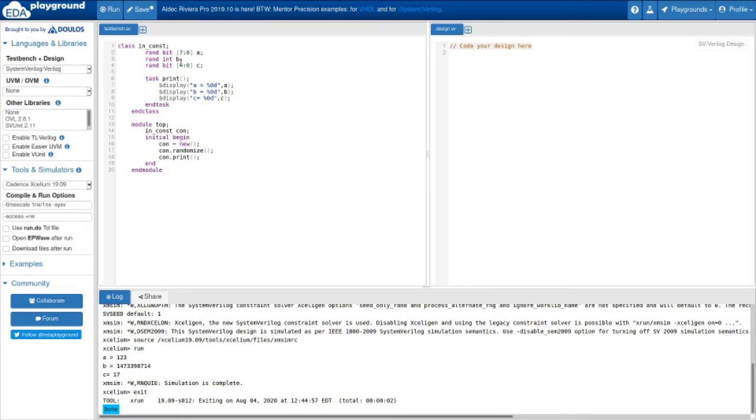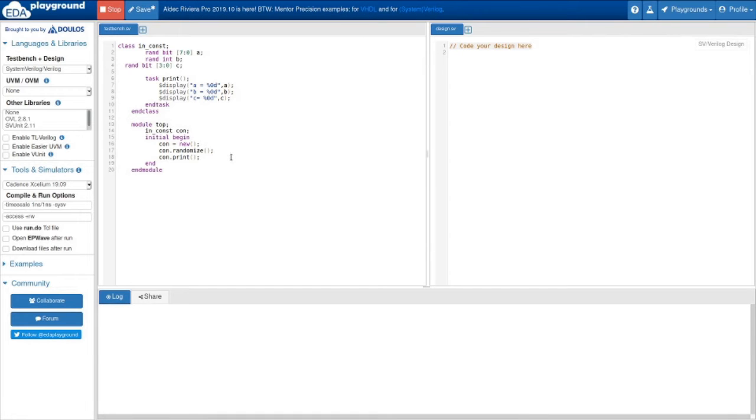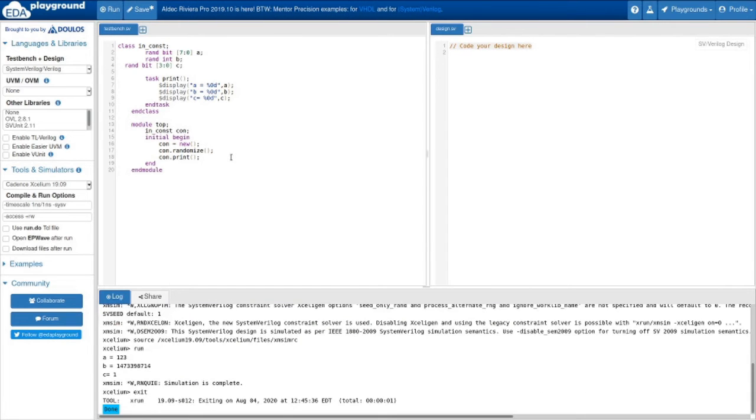After that b is an integer. And c is 5 bits, so its maximum is 2 raised to the power 5, sorry, let's limit it to 4. Now 2 raised to the power 4 is 16. So here c is 1, right?